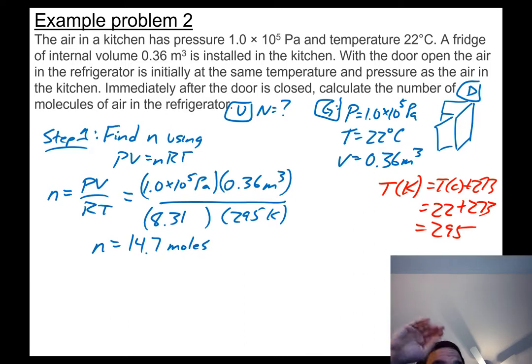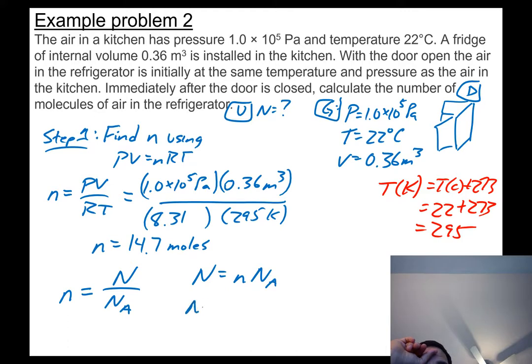Let's rewrite that equation. The number of moles equals the number of molecules divided by Avogadro's constant. Okay, so to solve that, to get the number of molecules, I take the number of moles multiplied by Avogadro's constant. So that's 14.7 moles times 6.02 times 10 to the 23rd